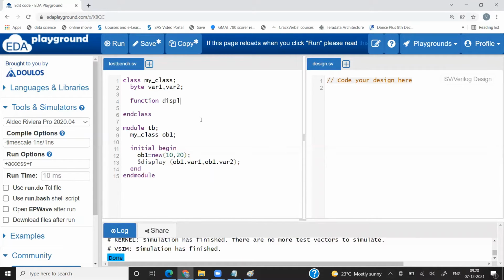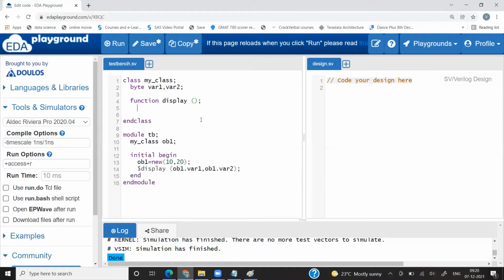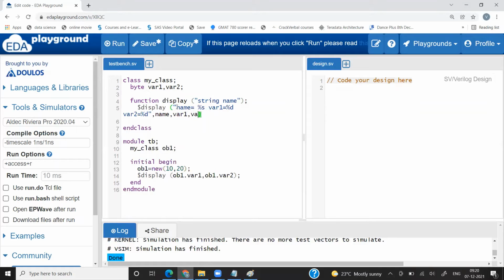Now the function display. Here I want to pass the object name as an argument, so that I can know in which object the values are getting changed. So here string name, then $display name equal to %s, variable 1 equal to %d, variable 2 equal to %d, then comma name, variable 1, variable 2,